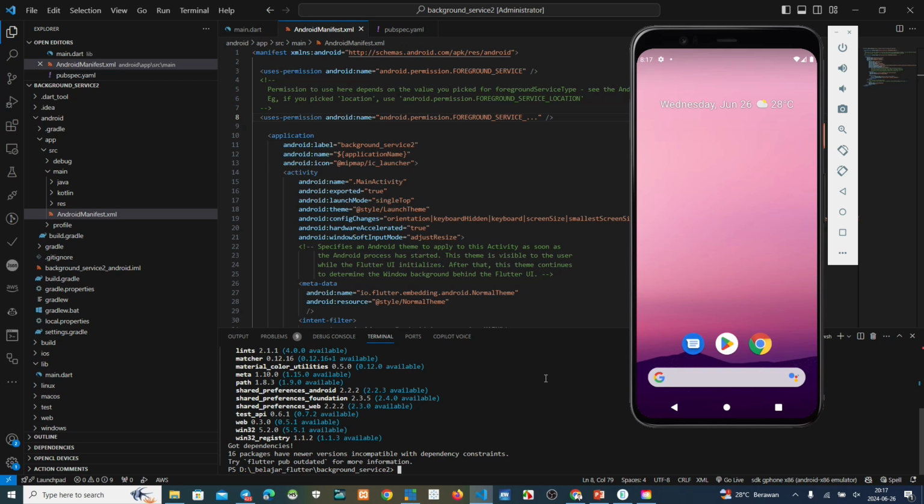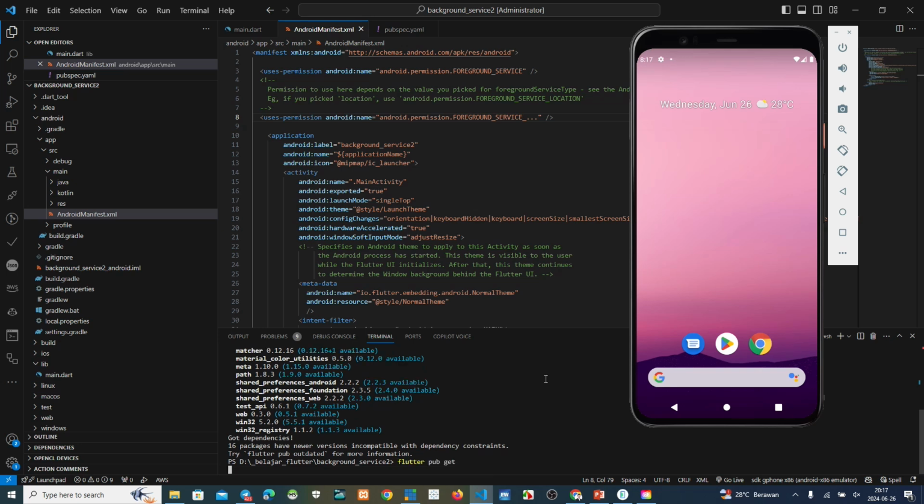And then we run flutter pub get, we refresh, get the new dependencies.